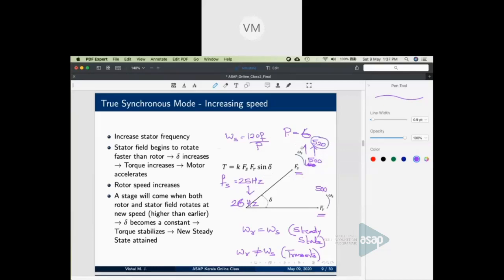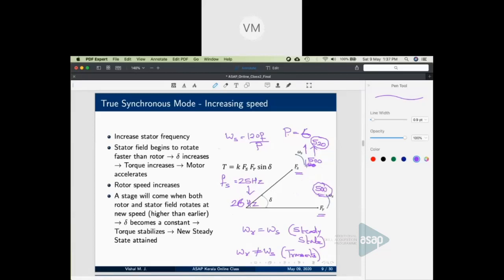Why? Because that is in the electrical domain, and electrical time constant is of the order of a few microseconds or at the most a few milliseconds, which means immediately once you change the frequency, the speed of the RMF will rise to 520. Will the rotor speed rise in such a manner? Actually, it will not, because this is in the mechanical domain. It is actually the shaft of the motor. It has some definite mass, inertia, etc., and mechanical time constants are of the order of a few seconds, which means the machine will need some time to rise from 500 to 520. So immediately once you change the frequency, your Fs speed immediately changes. Fr continues to be the old value, which is 500.